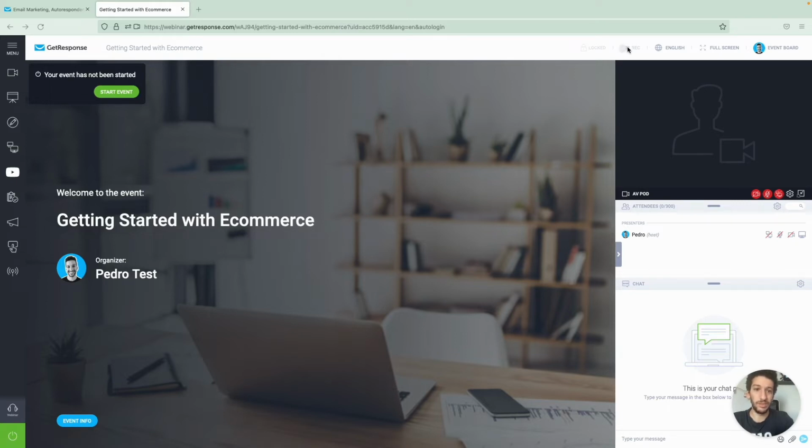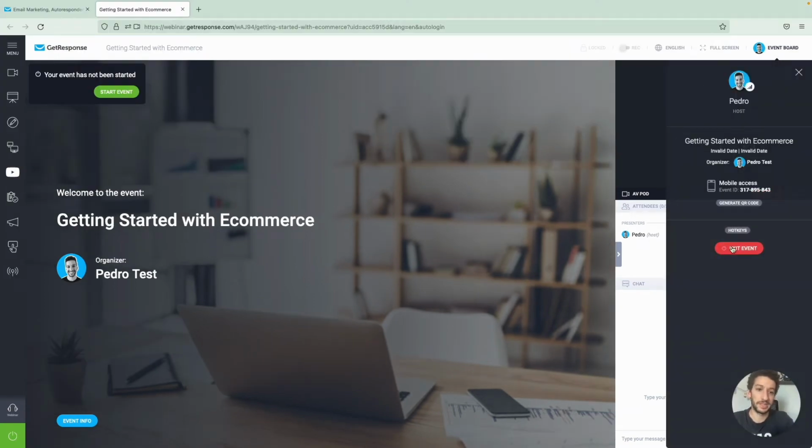All right, so you can turn this on here to start recording. Once you start the event, once you click on the green on the bottom left, you can start recording. And if you enable the option to start recording automatically at the beginning in the settings, this will be automatic, of course. Here you select the language of this specific room. So here you can see that the language indeed changes. You can turn on full screen, and here you will see the board. You can exit the event right here, and you can see the mobile access. There is an app called GR Webinars, and you can use it to access this event using this code right here.